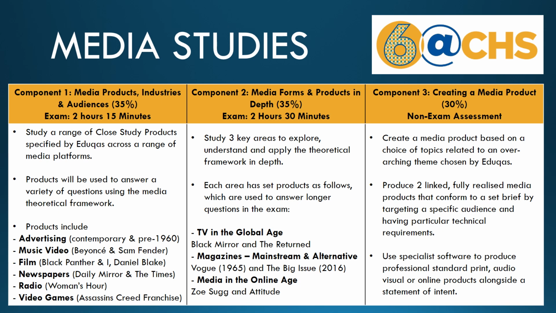In magazines, we look at Vogue from the 1960s, so we see how 1960s contexts shaped the content that we see in Vogue. We look at the different representations of women, how they might have changed now, and how they might have influenced audiences at the time. And we compare that to an alternative contemporary example of The Big Issue, which has an alternative distribution model. It isn't sold in shops, it's sold by vendors, and also has some quite hard-hitting political ideologies that it shows